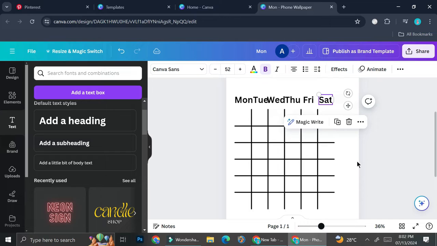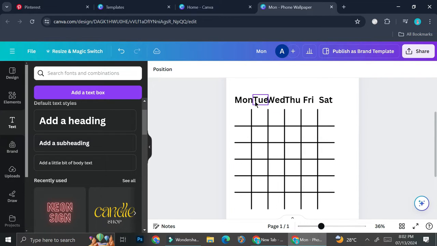Alright, so I ended up changing my document type from document to phone wallpaper because I find it easier to edit things on this form. And I added my days, and I haven't tidied it up yet, but I'm just going to tell you one thing that I do if the design does not go along with what I want it to be. So you can see that I am lacking one day. I have Monday, Tuesday, I want to say Thursday, Friday, and Saturday, but I don't have a space for my